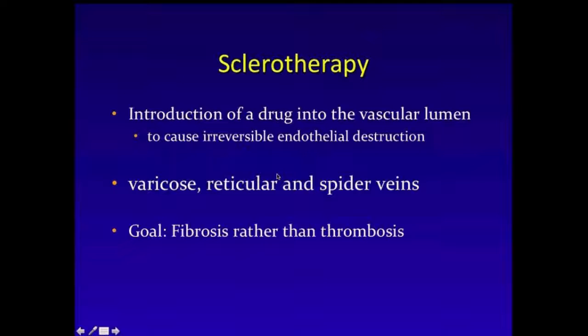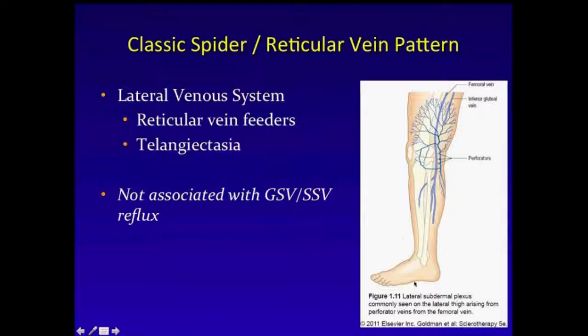You can use it on varicose veins, reticular veins, and spider veins. And again, you want fibrosis, you don't want thrombosis. A very classic set of veins, which almost always is a phenomenon seen in women, are these lateral thigh arborizing patterns of spider veins that are related to reflux in the lateral venous system, a vestigial venous system that has nothing to do with the saphenous system. Usually these patients don't need ultrasound, and you can pretty much just tell them you can treat these very well